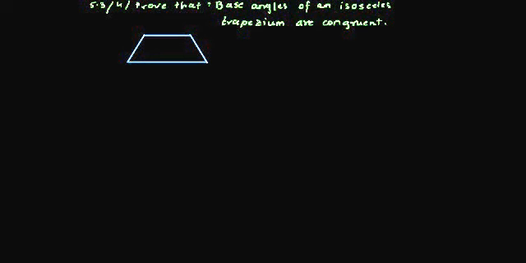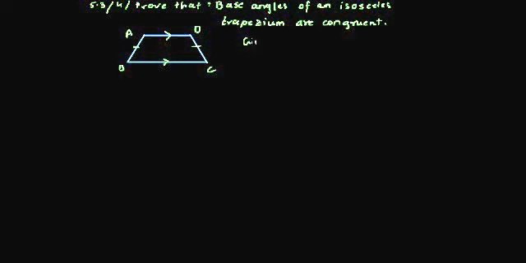Now, what is the meaning of isosceles trapezium? First of all, let us name it. Quadrilateral ABCD is isosceles trapezium. Isosceles trapezium means that the non-parallel sides should be congruent. See, these are the parallel sides, and we have to prove that in an isosceles trapezium the base angles are congruent.